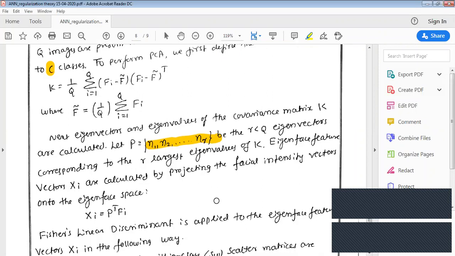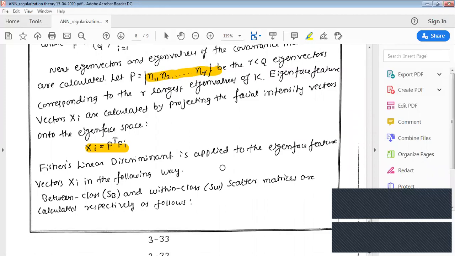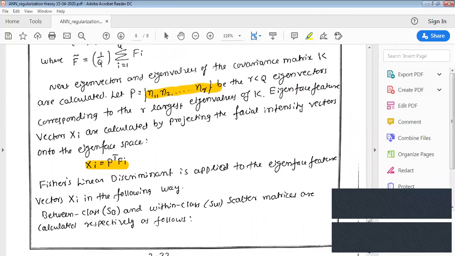Your network is trained with those features. For each person, I take the eigenvectors, and those eigenvectors correspond to features. Those features I am going to train, using xi is equal to P transpose into Fi, where P corresponds to the major eigenvectors. But there is a very important problem with this